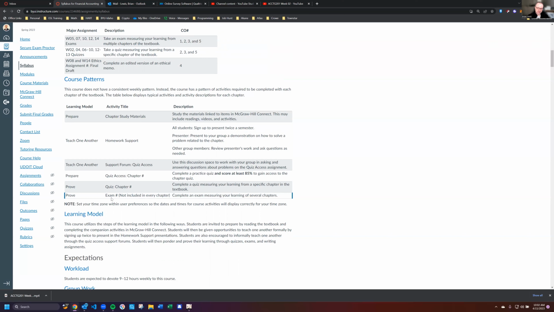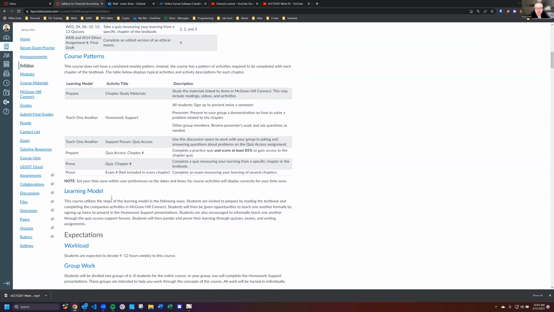So anytime there's an exam, they usually give you a couple days beforehand after you finish the quiz to take the exam. So this pattern usually starts on Monday and ends on Saturday, but sometimes the pattern starts on Wednesday and ends on Wednesday, and then shifts to a Monday through Saturday approach. So don't get lulled into thinking that everything's due on Wednesdays and Saturdays, because sometimes it's due on Mondays and Wednesdays. You'll just need to make sure you look at the upcoming week's activities to understand what's happening.